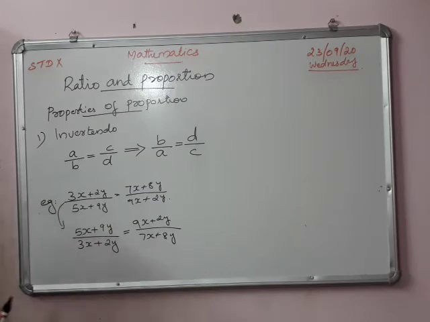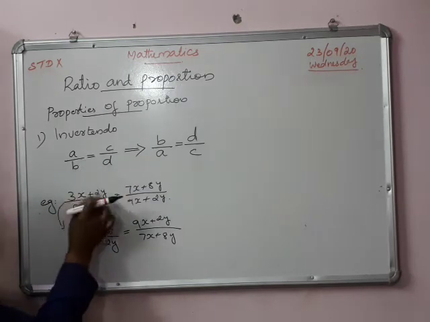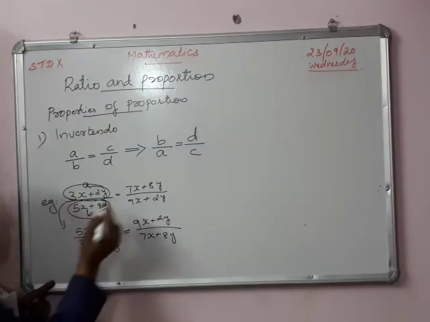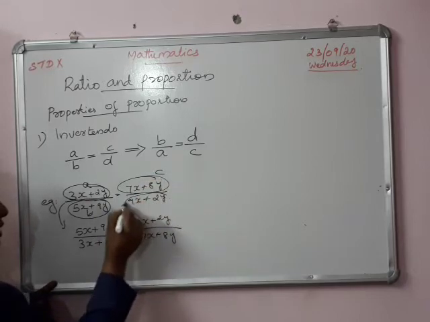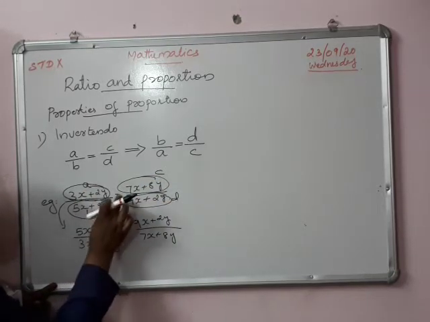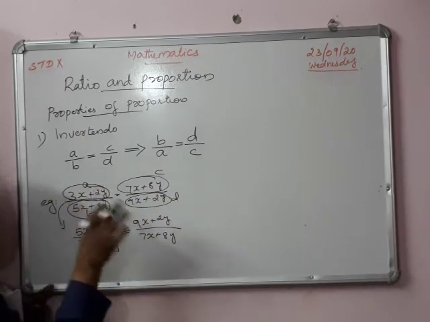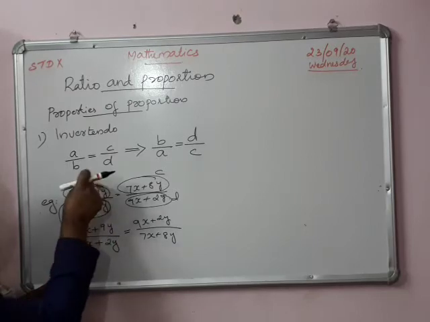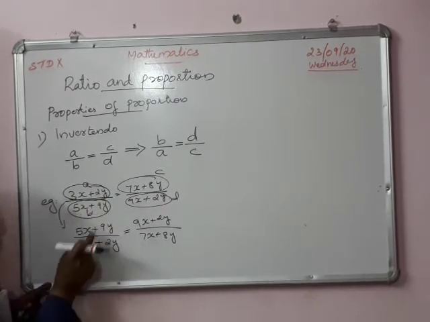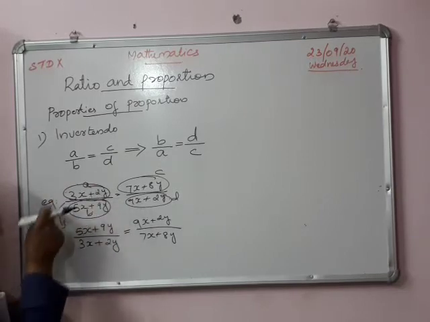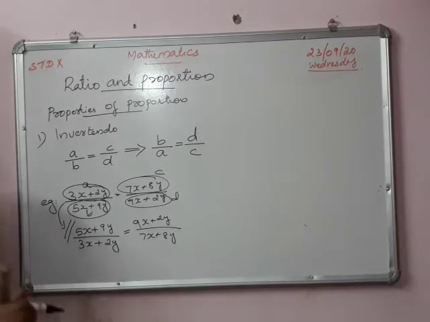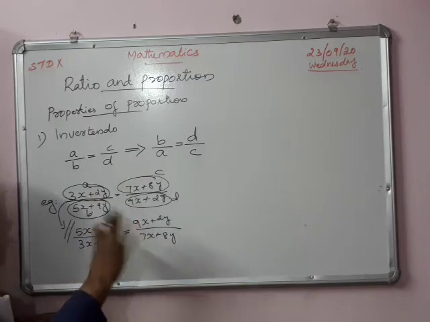Understood? Here I am connecting with the variables A by B. This whole is A, this whole is B, A by B. Then this whole is C and this is D. A by B is equal to C by D, in proportion or equal. Then the same as B by A. Here B is 5x plus 9y, which is in the numerator, and A, 3x plus 2y, is in the denominator. So they are equal, the same. That is the first property, an important one. Write invertendo in your notebook. You can also write one example.